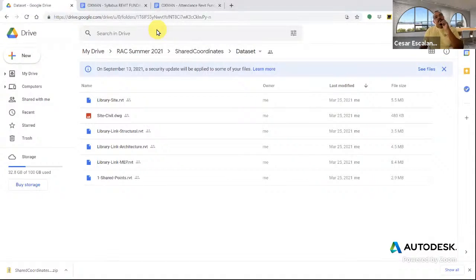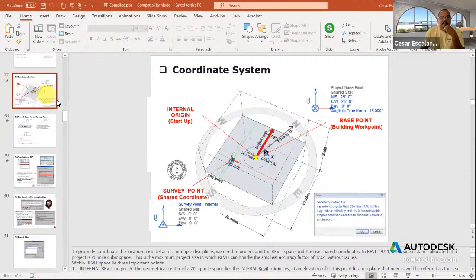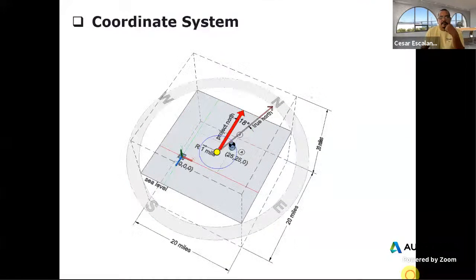All righty. Share coordinates, beautiful share coordinates. And so you guys see my screen? Yes, you can just let me know on the chat panel. I think I'm sharing the right thing. Yeah. All right, so